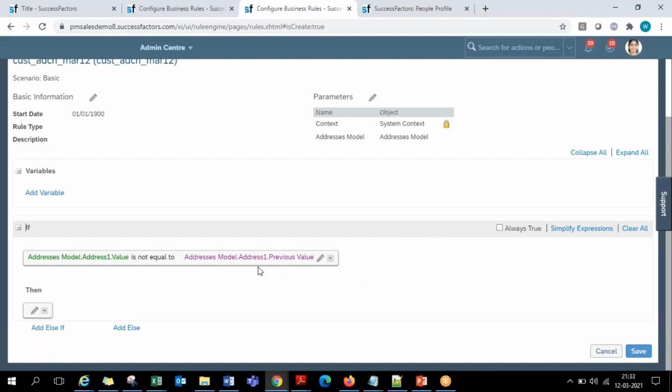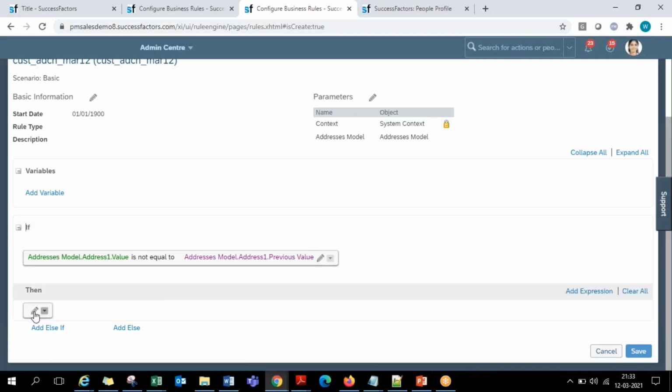In the business rule, you are writing a condition here. System will compare. This logic says that the current value on the screen you compare with the old, the last record in the database, the previous value, what is in the database. It will check it. Rule will run it. It need not be on the screen on the UI. So system will validate it. If it finds that the current value on the screen is not the same one which is in the database, it will say that the data is changed, and here you will call a workflow.